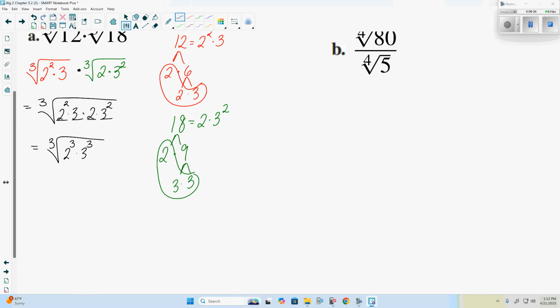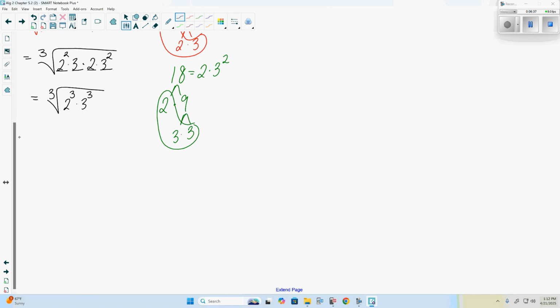Can we take the cubed root of 2 to the third power? Yes, and we can take the cubed root of 3 to the third. Now, we don't necessarily have to write this step out, but I'm redoing the product property, splitting them back apart so we can see. Because we do have 2 things still being multiplied together inside the radical, we can split it as 2 radicals. And the cubed root of 2 to the third would be 2. The cubed root of 3 to the third would be 3, and 2 times 3 is